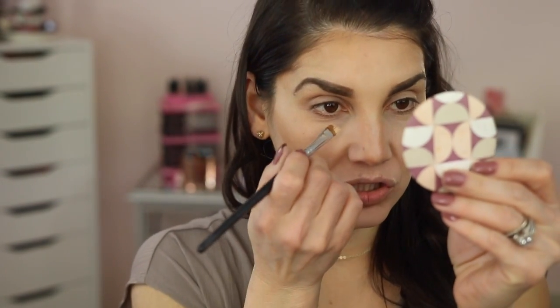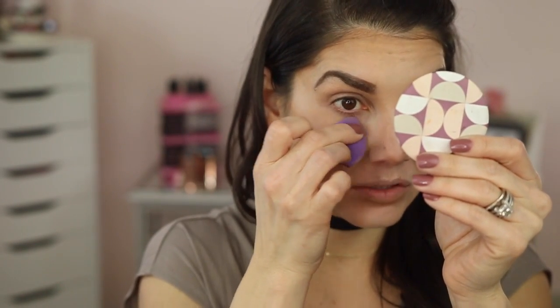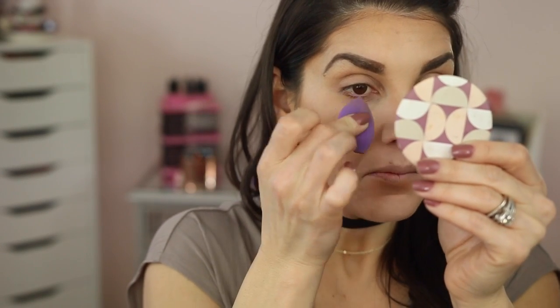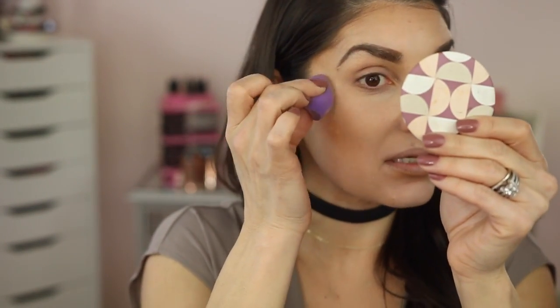All right, and I'm just going to darken just a little bit, not too much, guys. Doing the same thing, I just want it to be a little darker, you know what I mean? Like, I don't want it to be as light. If you like it really light, that's fine too. And I'm not saying I'm going to darken it up too much. Just go a little darker. This concealer is pretty good,